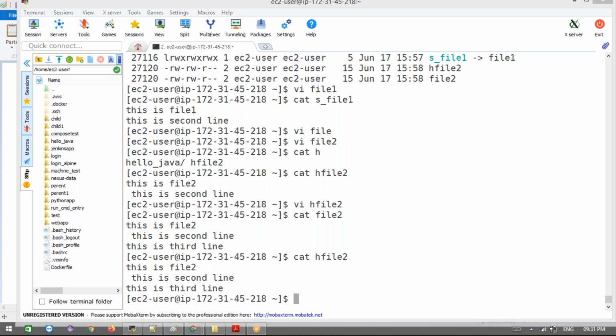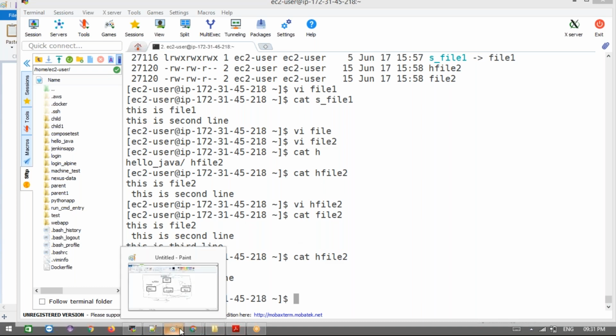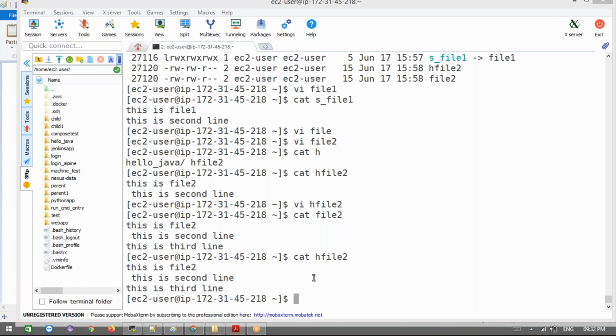Yes. Just one question. So the only difference between the soft and the hard link files is the inode? Is it just the fact that if you read the file, it's going to be there for the hard link? Correct. That inode value is the difference we are seeing as of now. But there is one main difference that we're going to see now. Okay, up to now clear, guys?